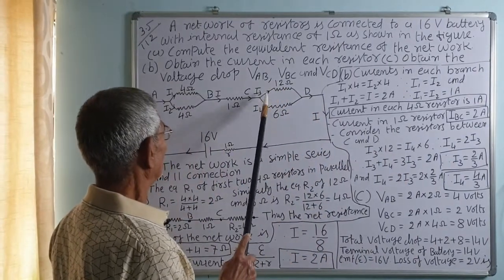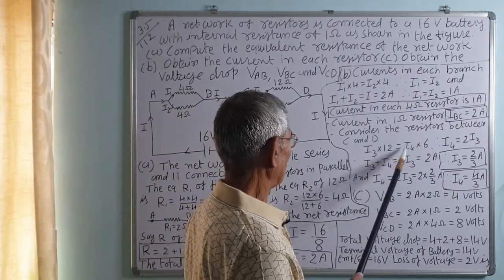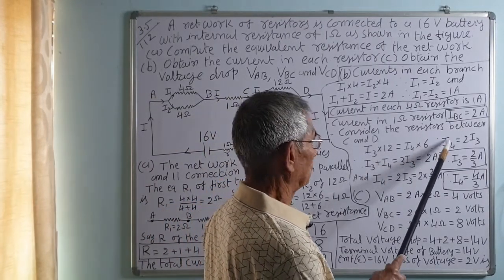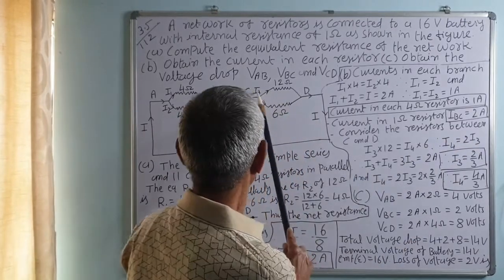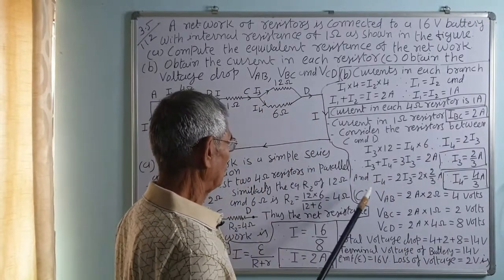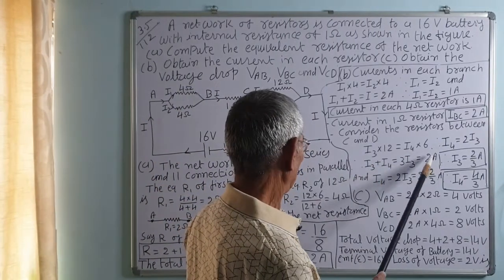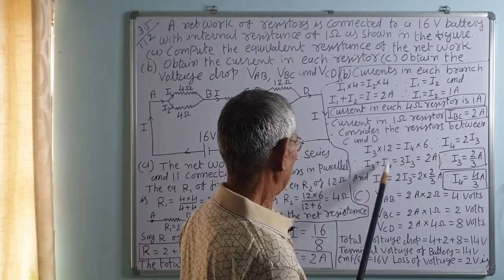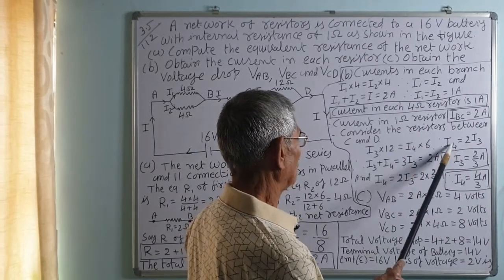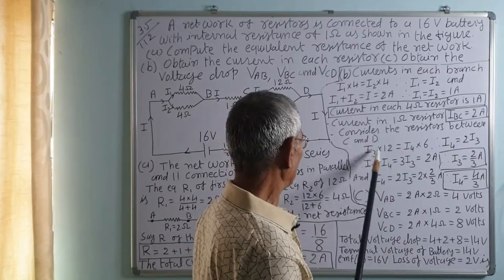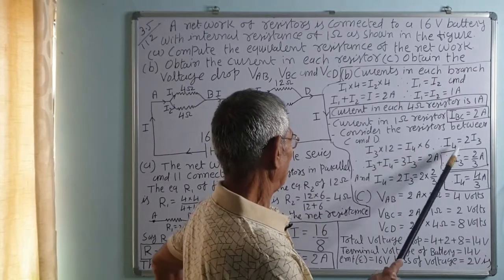So, 12 into I3 is equal to I4 into 6. So, I3 into 12 is equal to I4 into 6, that is I4 is equal to 2I3, and I3 plus I4 is equal to 2 ampere. I4 is equal to 2I3, you can get from the equation I3 into 12 is equal to I4 into 6. So, I4 is equal to